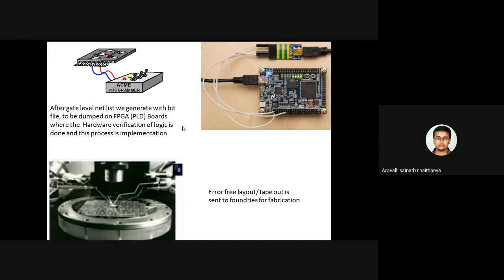So that means the bit file is dumped on your FPGA board. On the FPGA board, I have switch buttons which act as inputs, and the outputs are given by the LEDs, that is light emitting diodes. So inputs are connected to switches, outputs are connected to LEDs. A and B are the switches, and the output is one LED. When switch A is on and switch B is off, what is the output LED status? Will it blink or not?